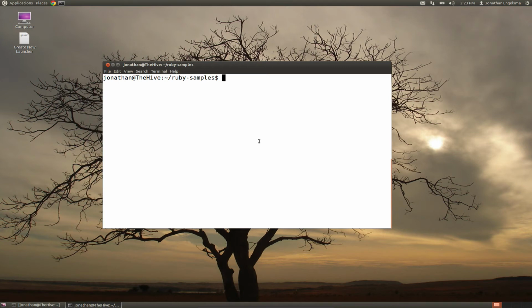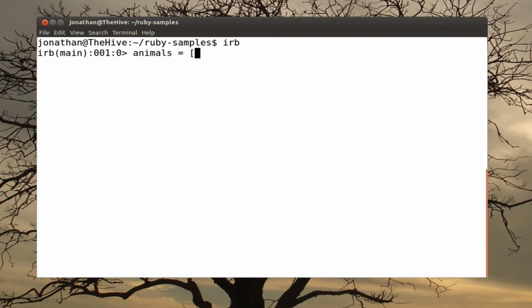Let's look at arrays in Ruby. I can define an array as follows. So I'll have animals equals, and then I can put an open left brace, and I'll have an array of strings here. Alright, so that defines an array called animals of strings, and I have 3 strings in my array, bees, birds,